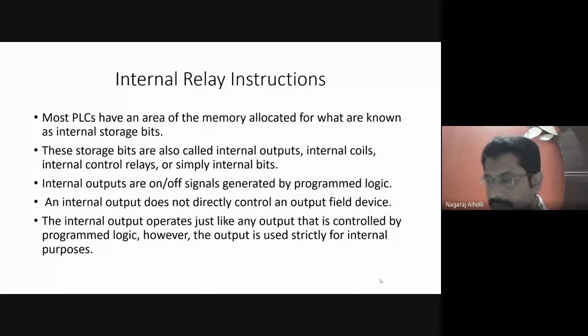In the last class, we were discussing the branch instructions. We stopped at the branch instructions. Branch instructions are the instructions which are placed in parallel. We have gone through the looping concept, where the branch instructions are executed in a branch, maybe one branch or two branches in the ladder rung, or it may have three branches like that.